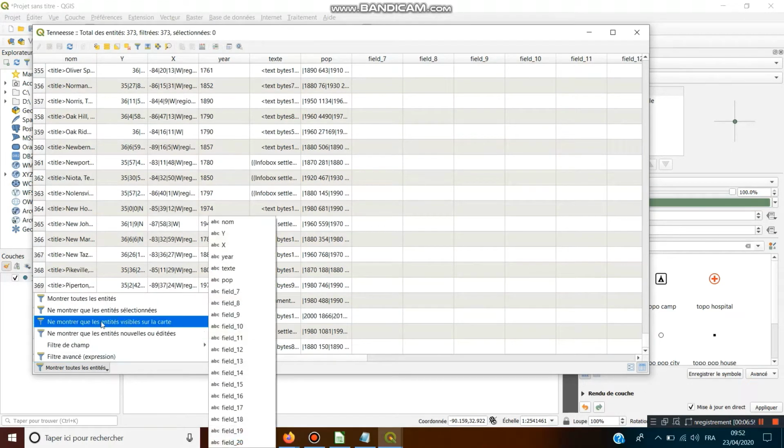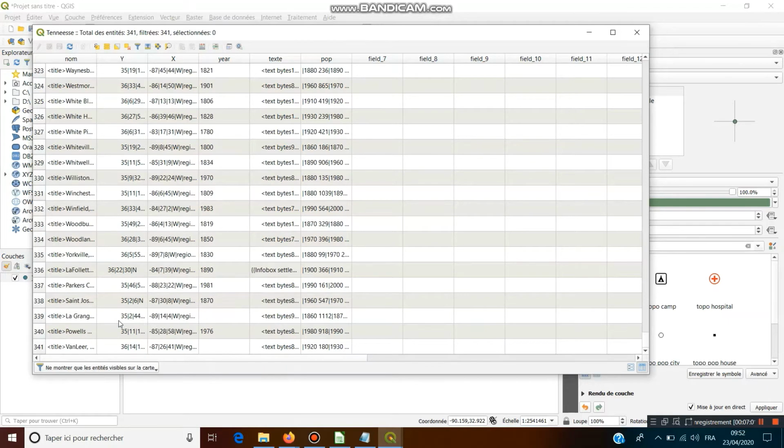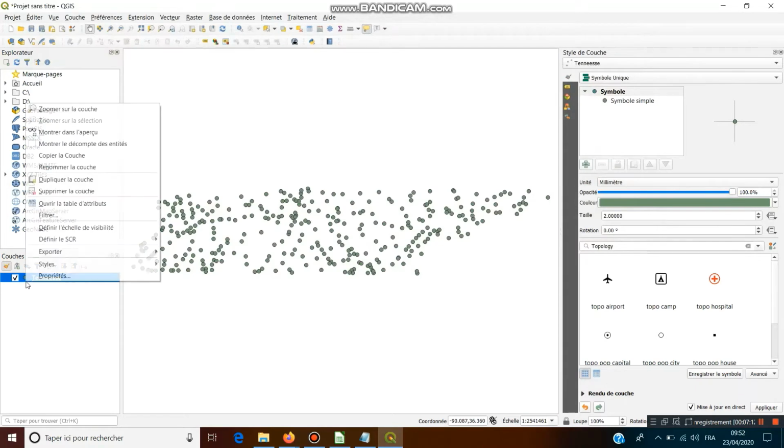Show only indices that are shown on the map. So we have about 20, 30 missing cities. We'll see why.